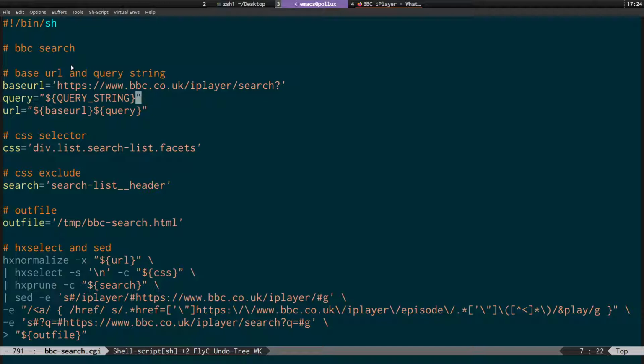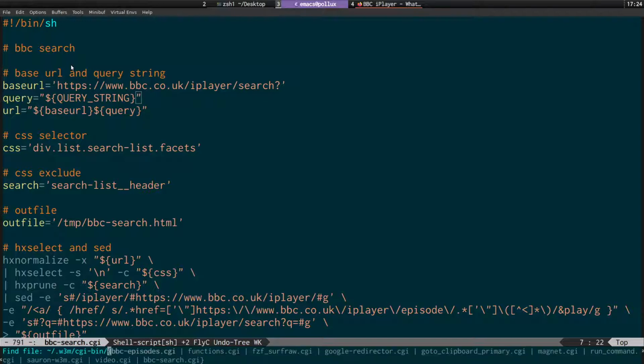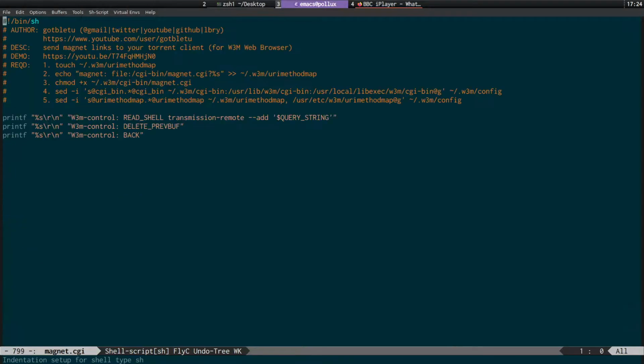w3m has built-in variables for stuff like w3m current link and w3m URL, which corresponds to the page you're on. What I was trying to do was use those variables, and it wasn't working. And what I remembered was that Got Blue did a magnet script. Here we go. He's got a script for